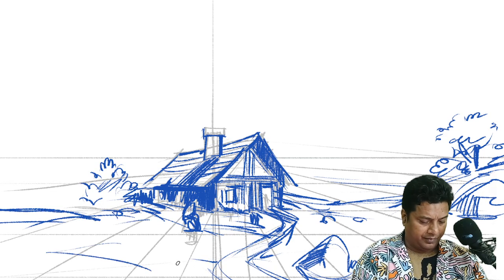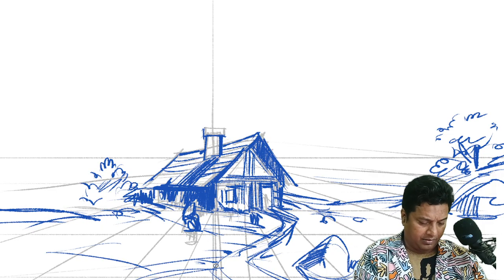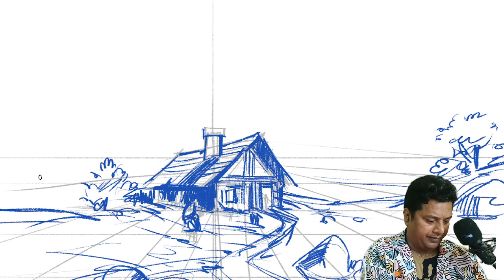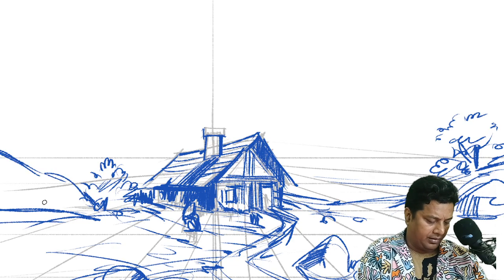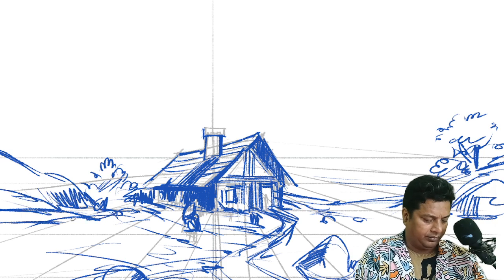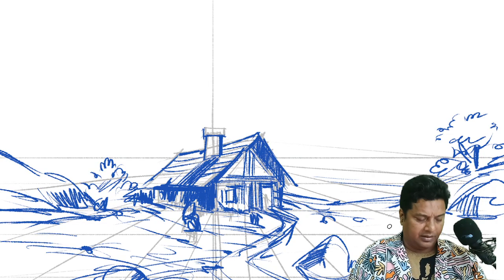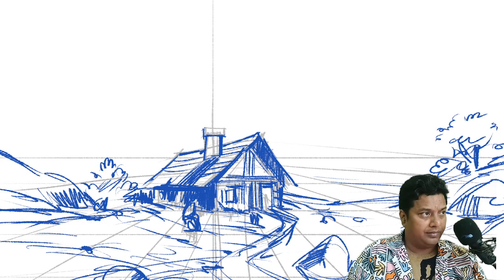Just make lines. See here, this is some stone. Here's some stone, small stone, tree, the land. This is not flat land. And so far,